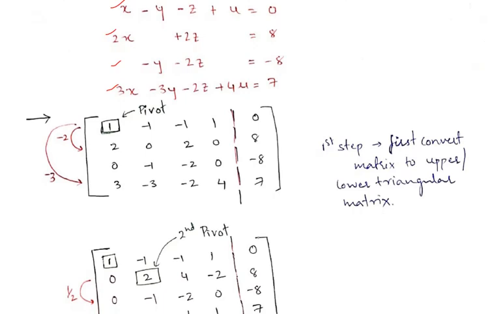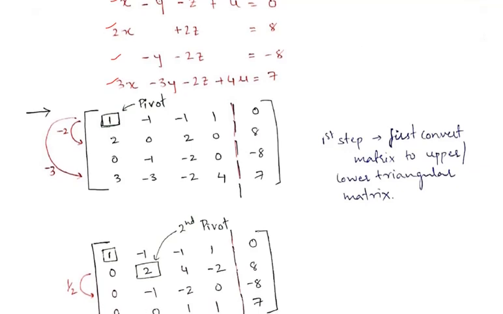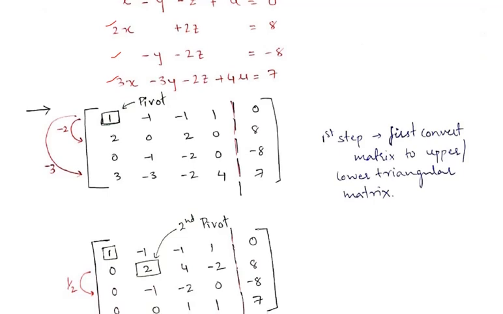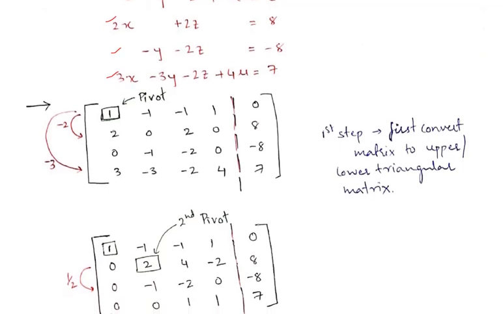Okay, so the very first step is to convert it to an upper or lower triangular matrix. So what is an upper and lower triangular matrix? It is nothing but a matrix where the elements above the diagonal are 0 or the elements below the diagonal are 0. Okay, so how to convert this? I think you all have studied this. By making row operations, we can convert a matrix into a lower or upper triangular matrix. An upper triangular matrix has zeros below the diagonal, and a lower triangular matrix has zeros above the diagonal.